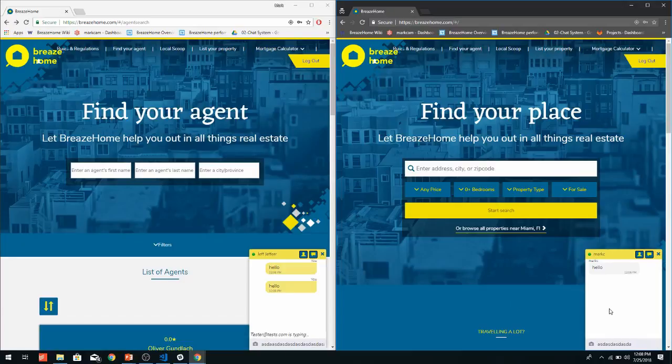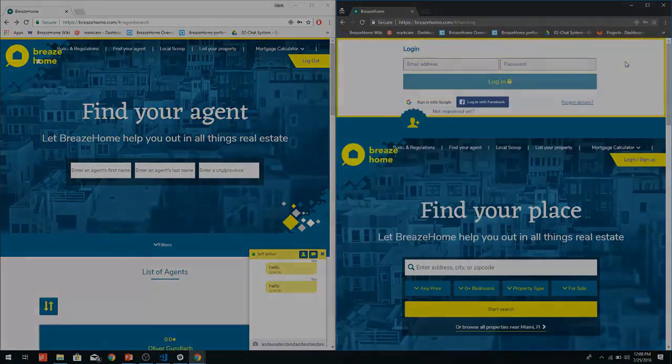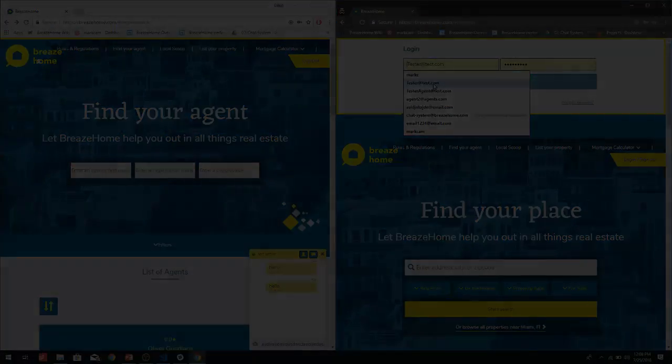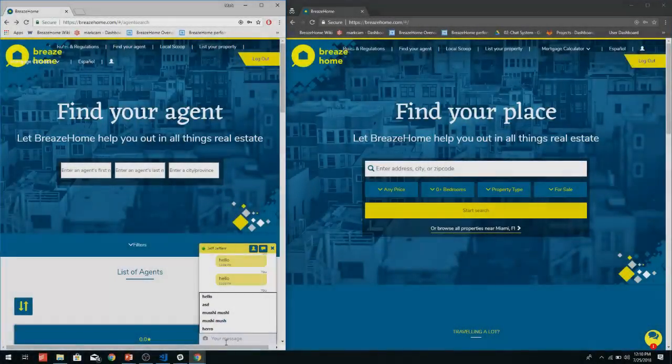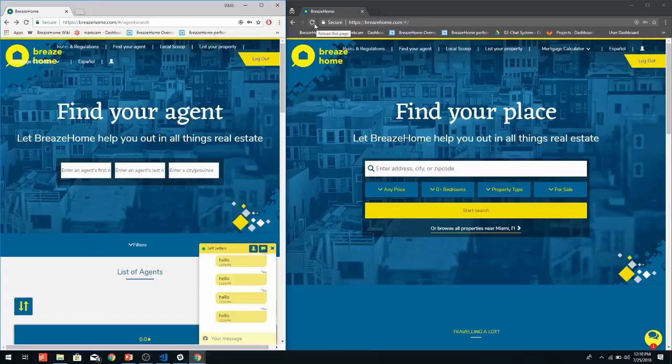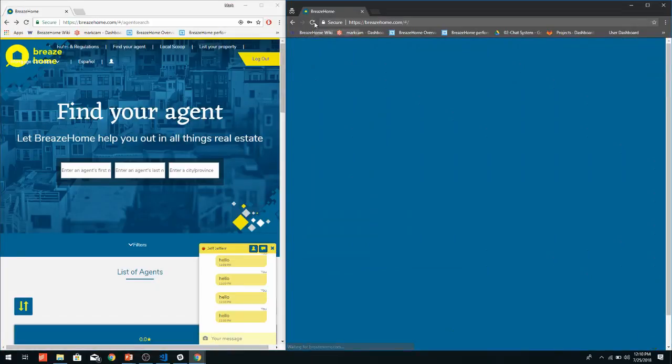Another nice feature is, say for instance, the agent is logged out. I will log out the agent and then log back into the agent's account after sending a message to Jeff like hello while he's offline. At this moment, it only works by reloading the page. For future implementations, we would want this to work immediately as soon as the message is sent. So I refresh the page,